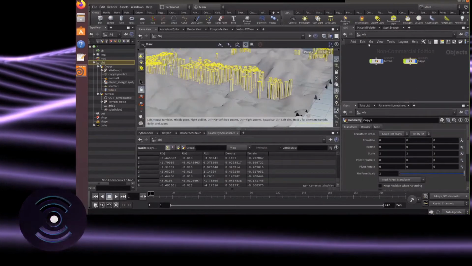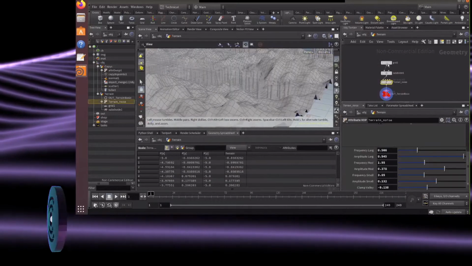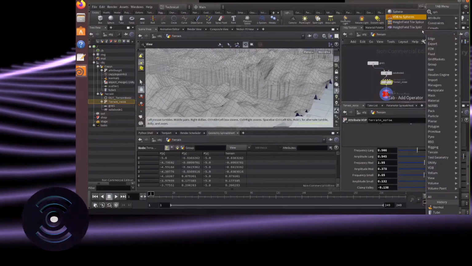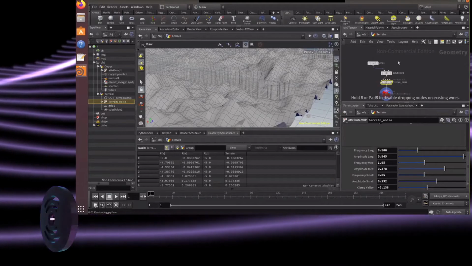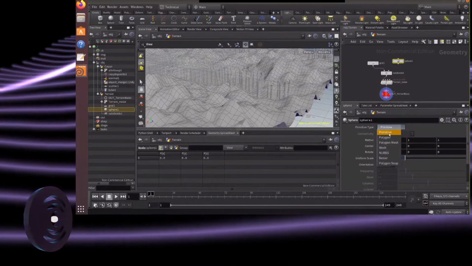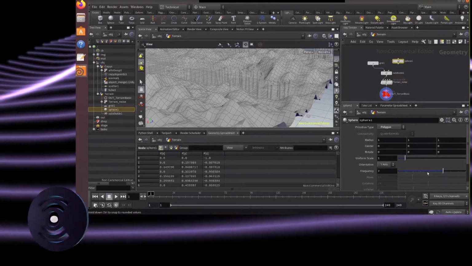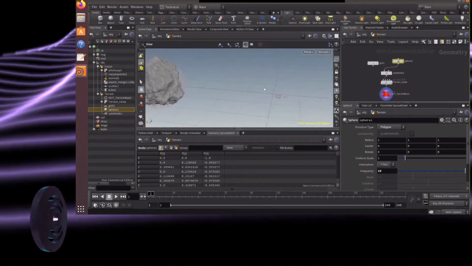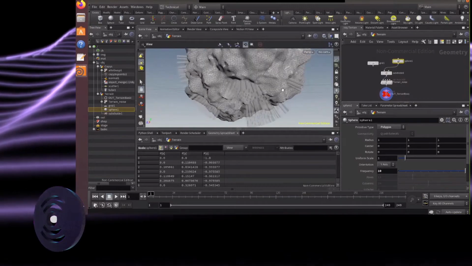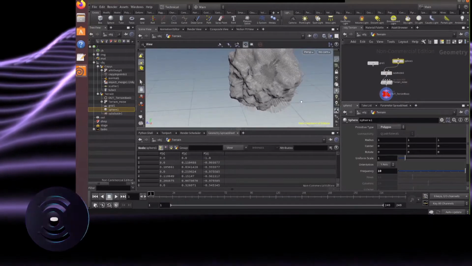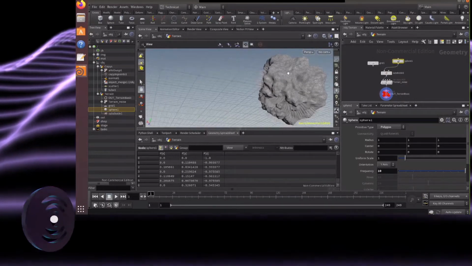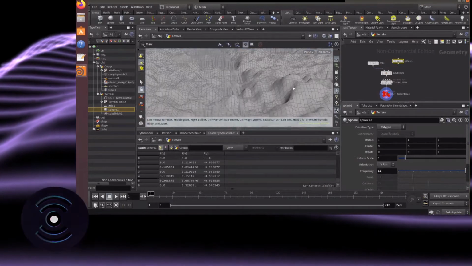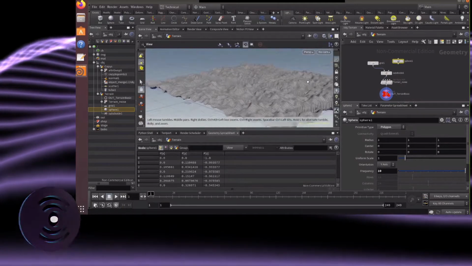But if we go into the terrain, I'll just show you this quickly, and we bring in, let's say, a sphere, and we'll change that into polygons, up the frequency, connect it in. You'll see that now they point off in the right direction. And you get a pretty funky sphere. But anyway, I'll just bring it back to the plane for you. But that's the benefit of